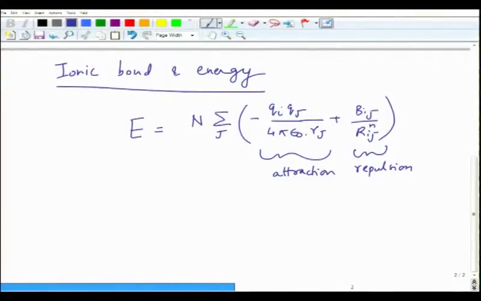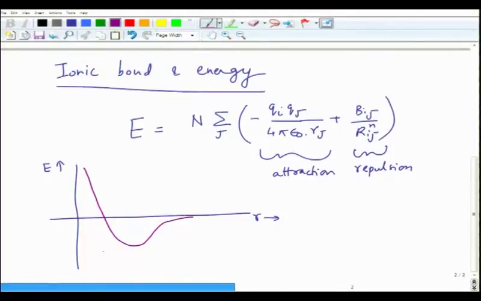So, there are two kinds of energies. Basically when you need to form a bond, you need to spend some energy, and then you gain the energy by putting them together. If they remain as isolated molecules, you do not gain that energy. So, it is a balance of these two energies which eventually determines whether a structure is stable or an isolated molecule is stable. And it turns out there is a net attraction when you form a solid. So, if you plot the energy as a function of separation distance, the overall energy looks something like this.